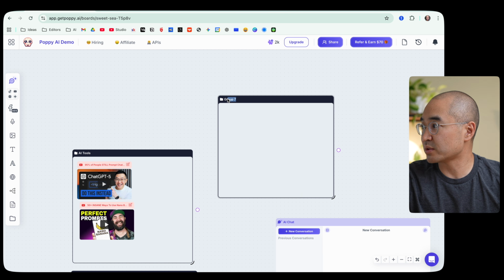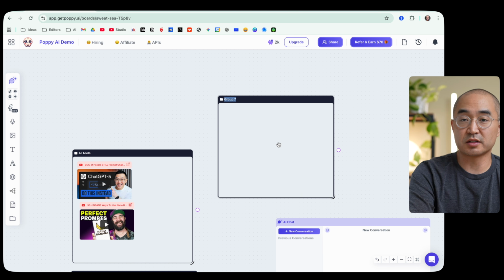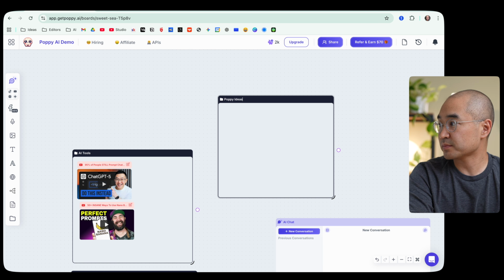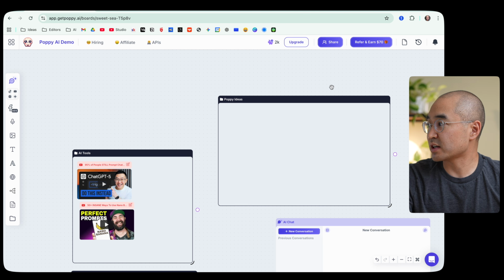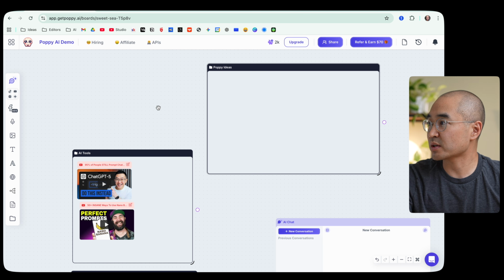And you can relabel this box. So let's just call it Poppy Ideas. And you can pretty much put anything in this folder that you want. You can resize it so that you can fit more things into it. What's really helpful is that you can just copy and paste URLs or copy and paste files straight into this